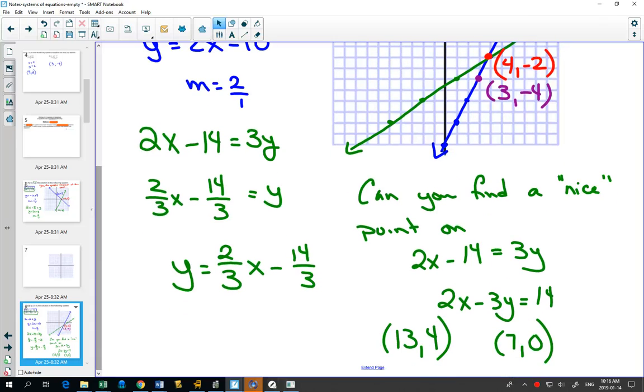Some strategies for finding nice points. One of the things that I did here was think about even and odd numbers. When you add or subtract two even numbers, you always get an even number. When you add an even and an odd number together, you'll always get an odd number. So I noticed